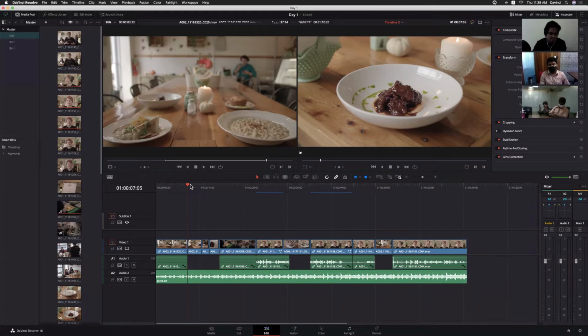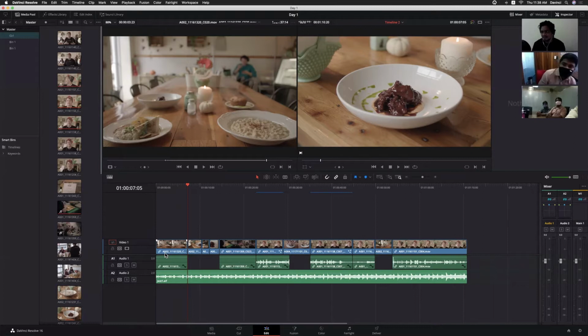Multiple timelines means if you want to work with the same Premiere project in DaVinci, how can we import that EDL or XML into DaVinci? How can we export from DaVinci to Premiere? We'll see all those things. How to relink the clips, how to manage, how to archive, how to media manage. We'll see those things in today's class.